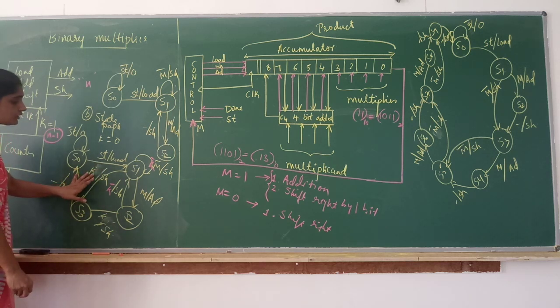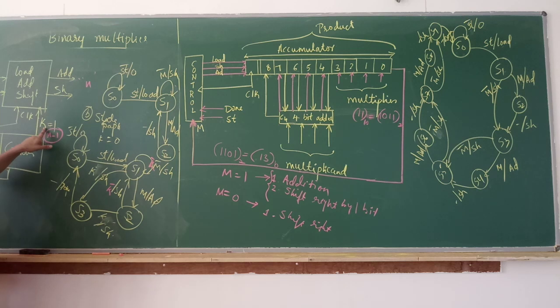Depending on the k value, if k is 1, final shift, because k will be equal to 1 when n minus 1 shifts are completed. Finally, one more shift will be pending. That is why it gives out the last shift signal and stops the process. That is why the done signal will be given out from the control unit.